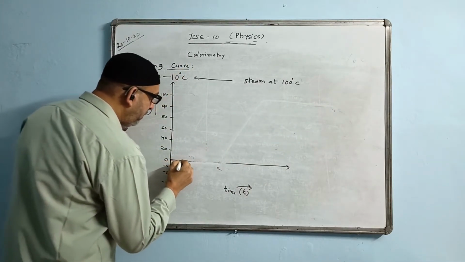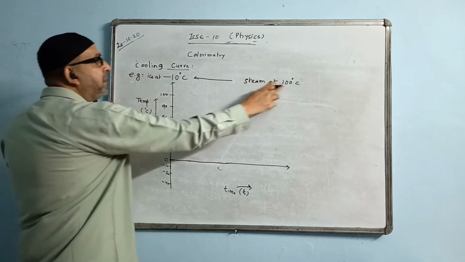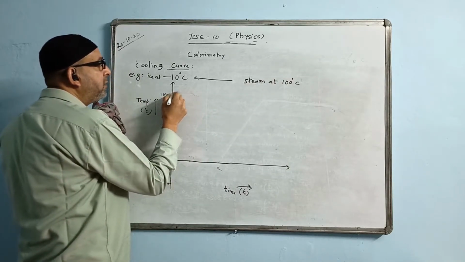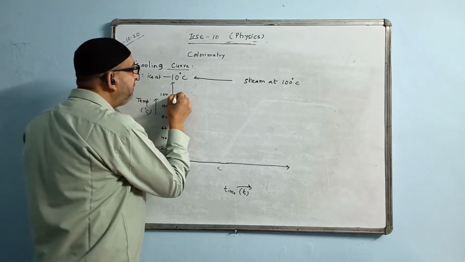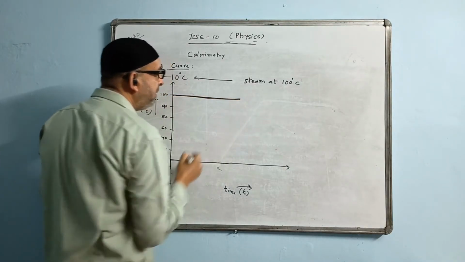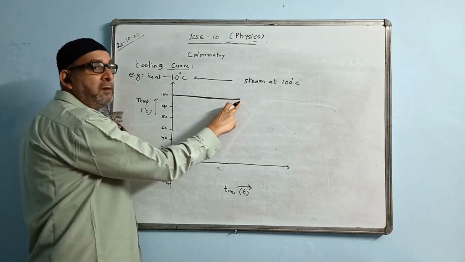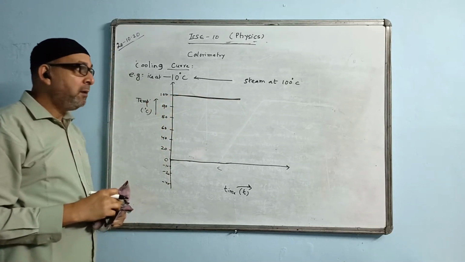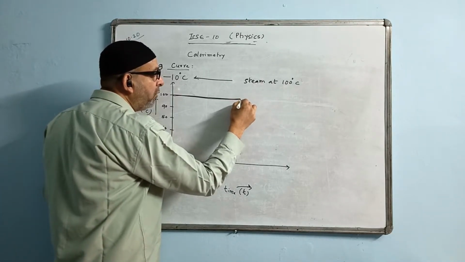The cooling curve will be showing this. We have steam at 100 degrees Celsius. Steam at 100 degrees Celsius will show here. When you start cooling, at first only the steam will be changing into water. At first only, the line will come like this, like a change of state. Now steam is cooling and is fully changing into water, but the temperature of the water at that moment will be 100. Now the temperature of that water will decrease if we start cooling.